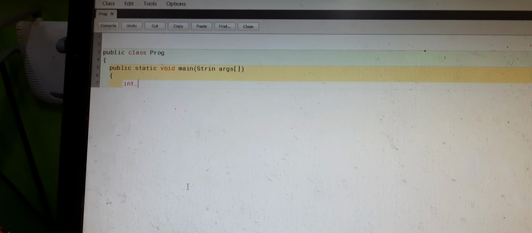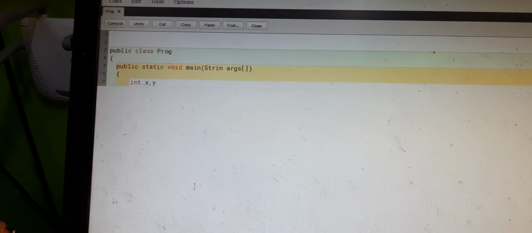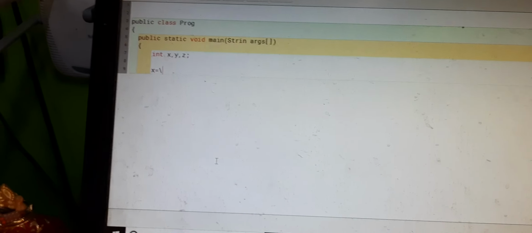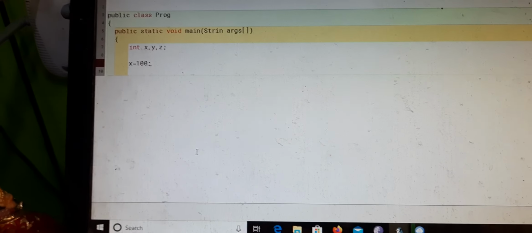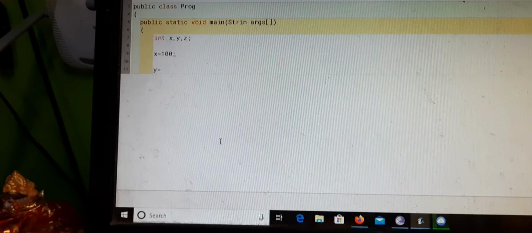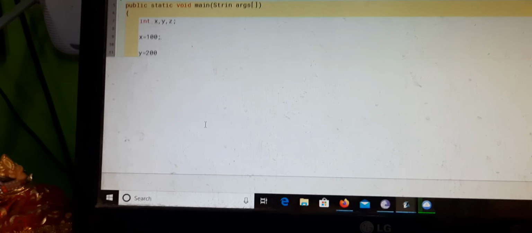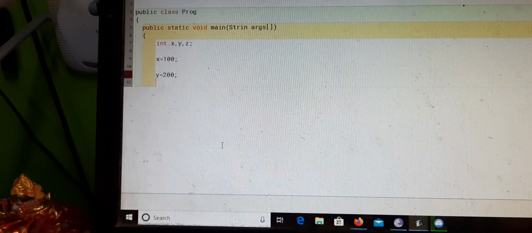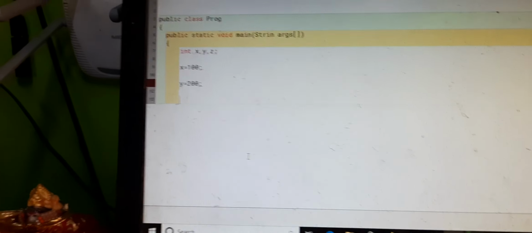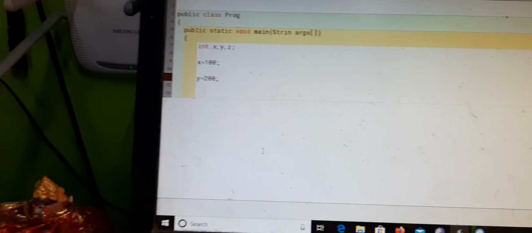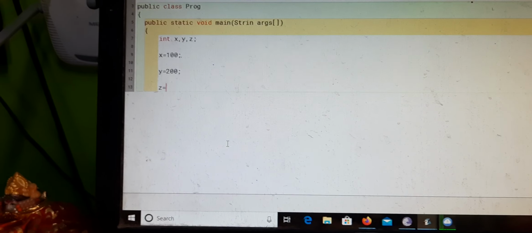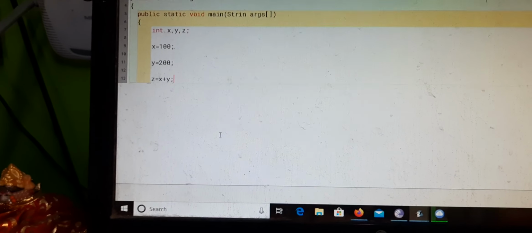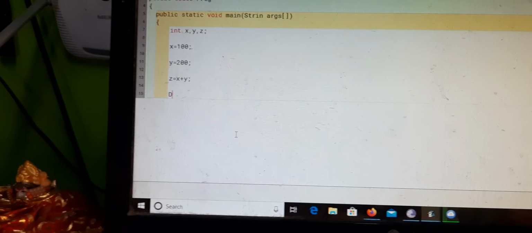Here we write int x, y, z semicolon. Then x equals 100 semicolon. You know the semicolon is very important to indicate to the compiler that this line is over, so the compiler goes on to execute the next line. I am giving the blank line; it is a rule, so that it is clearly understood. For all programs you are required to give the blank. Next we write z equals x plus y semicolon, and finally we have to print the output.